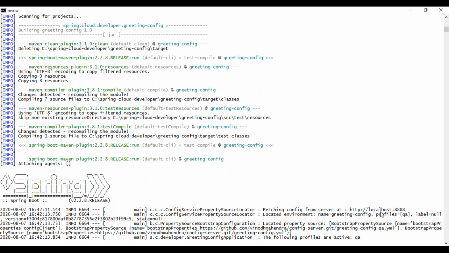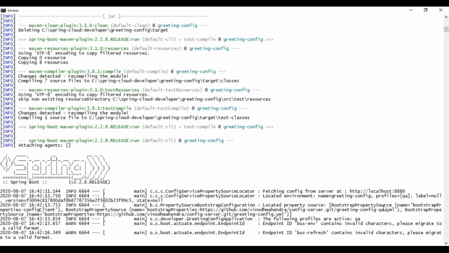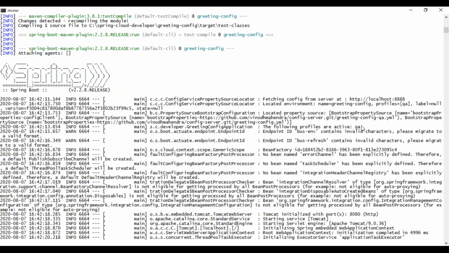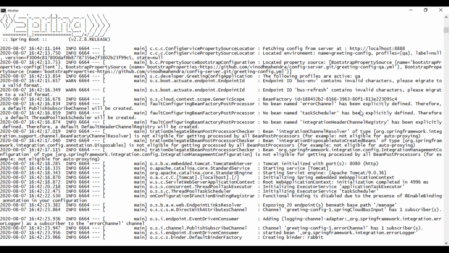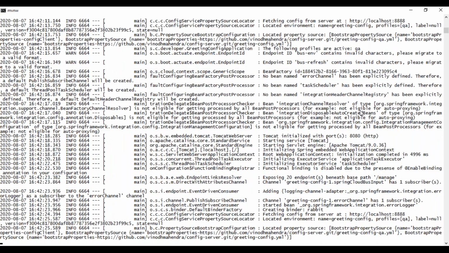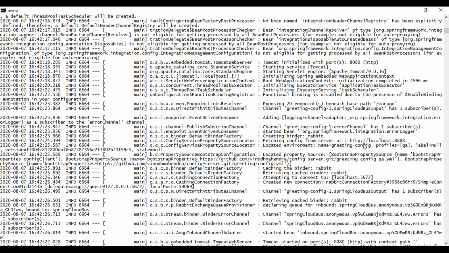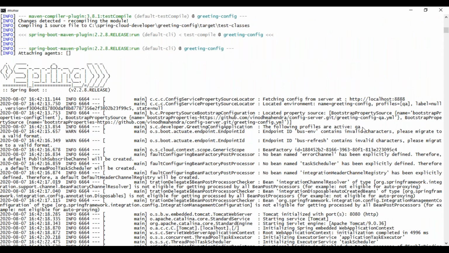it is trying to fetch from the greeting configuration, and you can see that my profile now is being set to what? It is being set to QA. That is, I have changed the environment to be QA. Now, what is the next thing I'm going to do? I'm going to go to that,